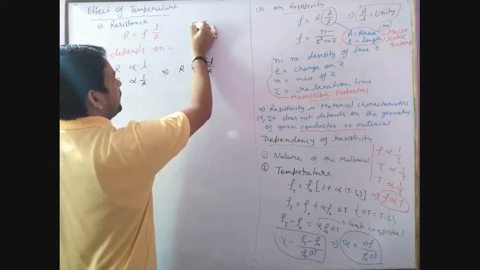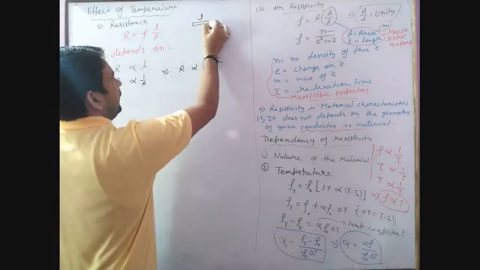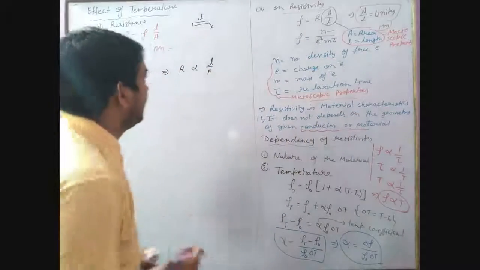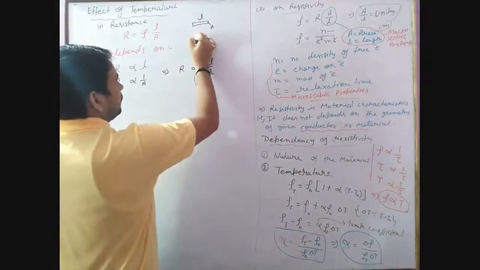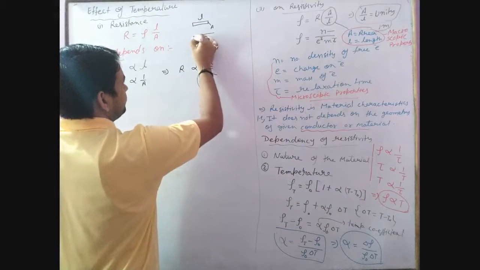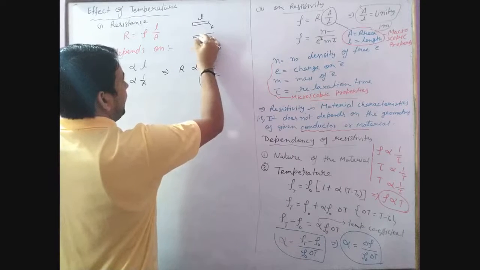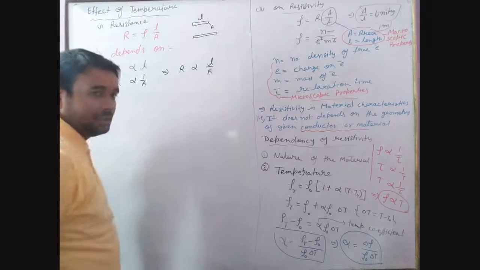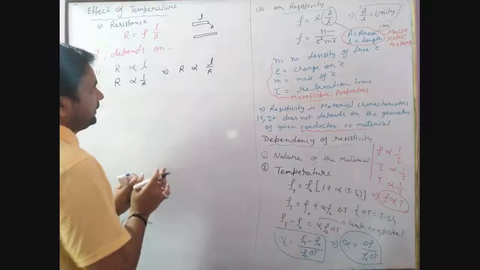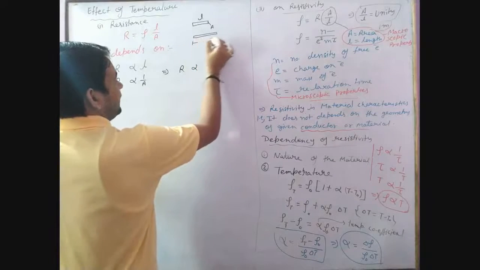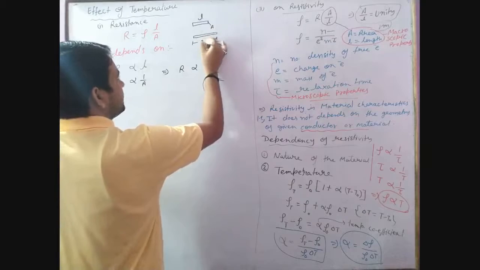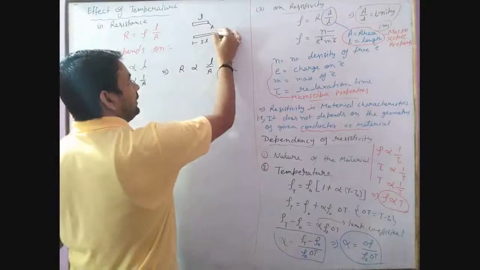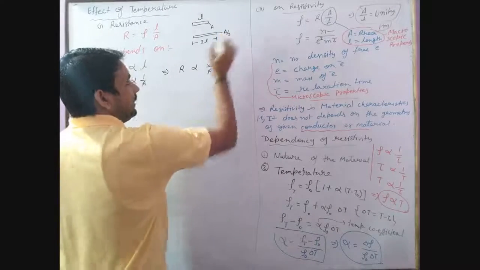Suppose you have a conductor of length L and area of cross section A, and it is stretched. अगर आप इसको स्ट्रेच करेंगे तो ये कुछ इस तरह से स्ट्रेच हो जाएगा, और आपने ऐसा ऑब्जर्व किया होगा, when you stretch anything, any rubber thing, then you will observe that the length increases. Suppose that the length is doubled as per the question. अगर ये लेंथ डबल हो रही है तो वेरी क्लियर होगा कि एरिया हाफ हो जाएगा ऑटोमेटिकली.